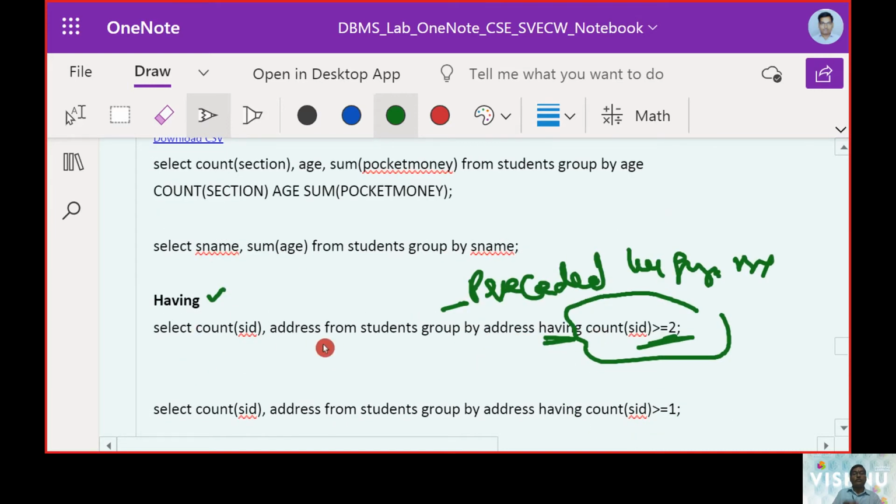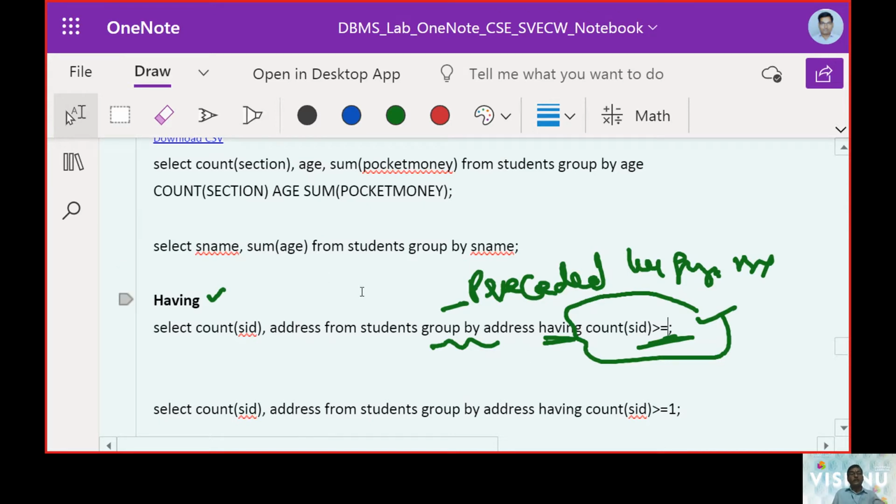So having was to be preceded with a group by, and thereby we are mentioning having to occur here, and it is with count greater than some value, whatever value it is. So let me put it, the value was greater than 560.